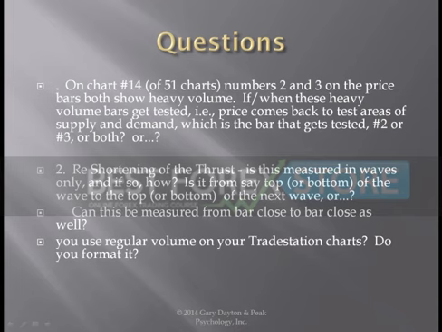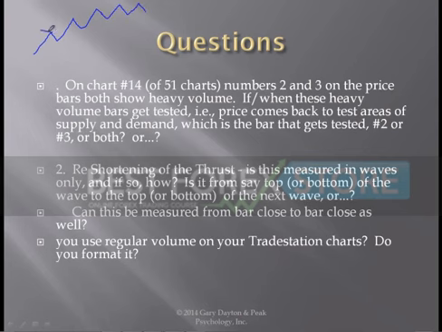Shortening of the thrust, is this measured in waves only? No. And if so, how? Is it from, say, top or bottom of the wave to top or bottom of the next wave? Yes, that's right. It's from the top of one swing to the top of the next swing in an uptrend, or the bottom of one swing. So, for example, if we're going up, and these are the waves up, and we're looking for shortening of the thrust,